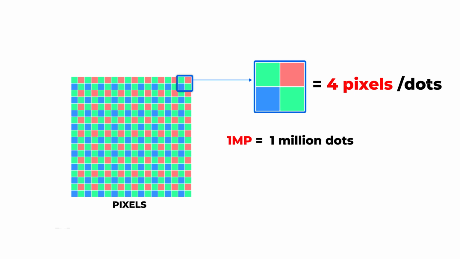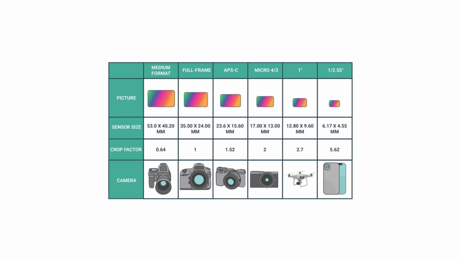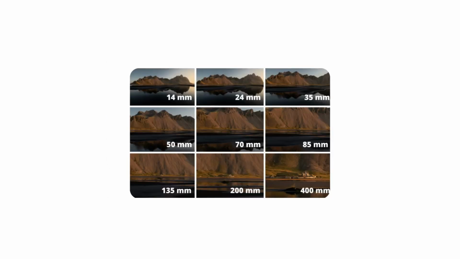Megapixels. Megapixels count how many dots the sensor can record. 1 MP equals 1 million dots. More megapixels let you crop or zoom more, but only if the sensor and pixels are big enough to handle that extra detail. High megapixel mode lets you crop a photo to zoom in on a distant sign without becoming